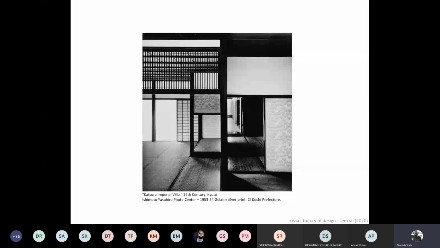And before the 1880s, there was the Edo regime, the shogunate, which was like the Peshwas of India. They were not the kings, but the shogun is a sort of the ruler of the country, and the shogunates opened up Japan. Japan was a very closed society till then. So when this imperial villa was built, nobody knew Japan. Most people had not entered Japan. Like China, Japan was also a closed society.